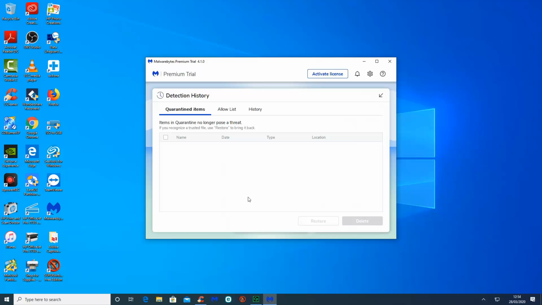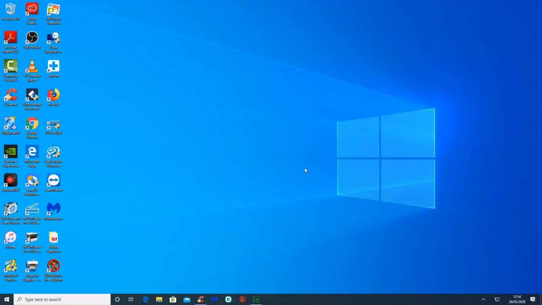But it gives you the option to check if they're actually a virus or not, because sometimes a program is identified as a virus but it's not a virus, so you can take that out of quarantine and put it into the allowed list, and then Malwarebytes won't check it again next time. So if we close Malwarebytes now and move back to CC Cleaner,